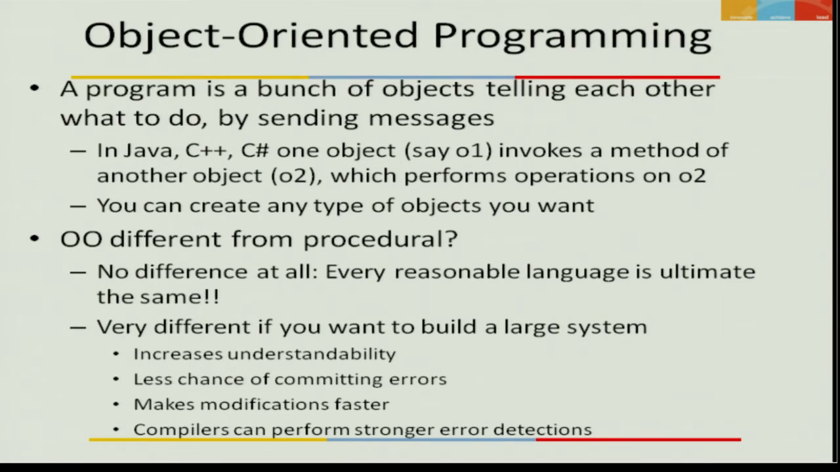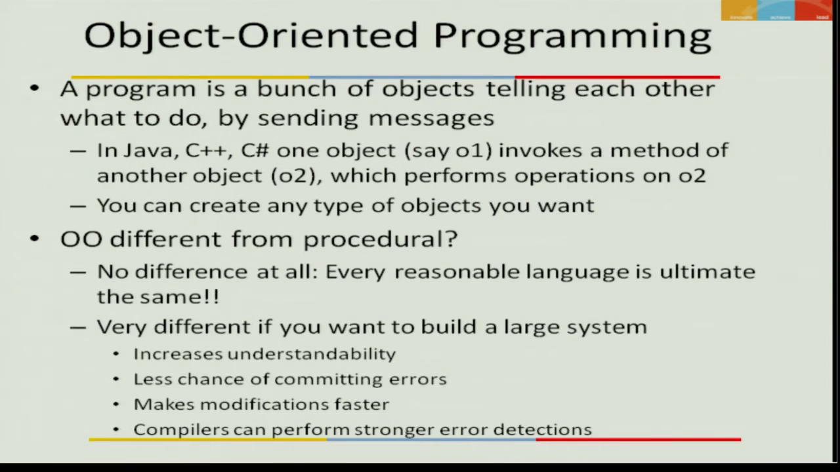One group of people, if you look at it from the computer science perspective and think about the theory of programming languages, would say that at the end of the day it is not different at all, because every reasonable language like Java, C++, C, or even Fortran is ultimately the same. They are all Turing complete languages. But on the other hand, if you look at it from another perspective, it is very different if you really want to build a large system,